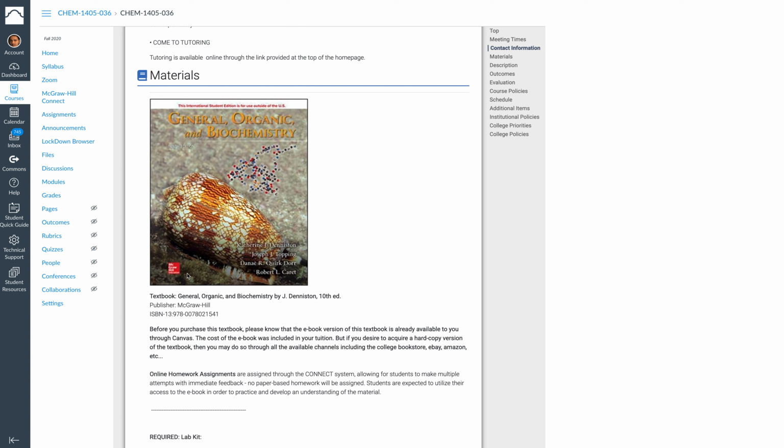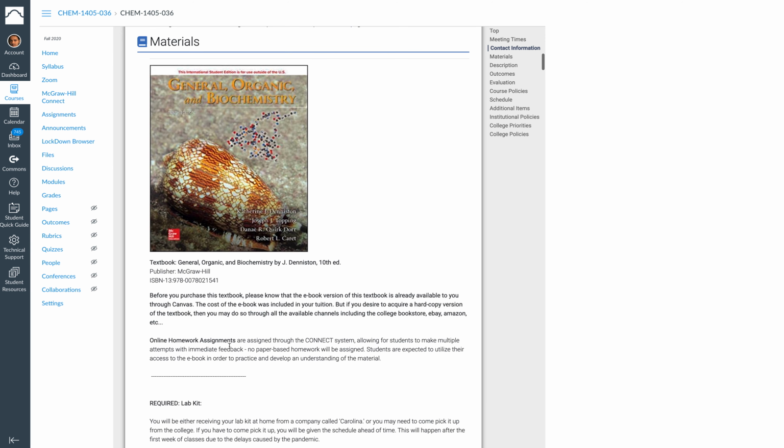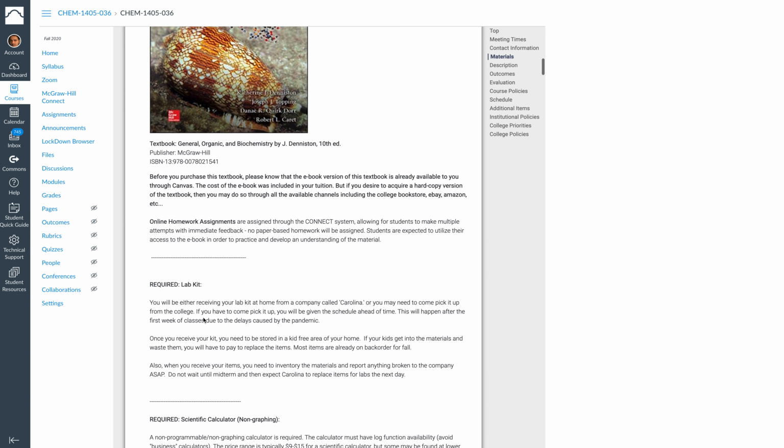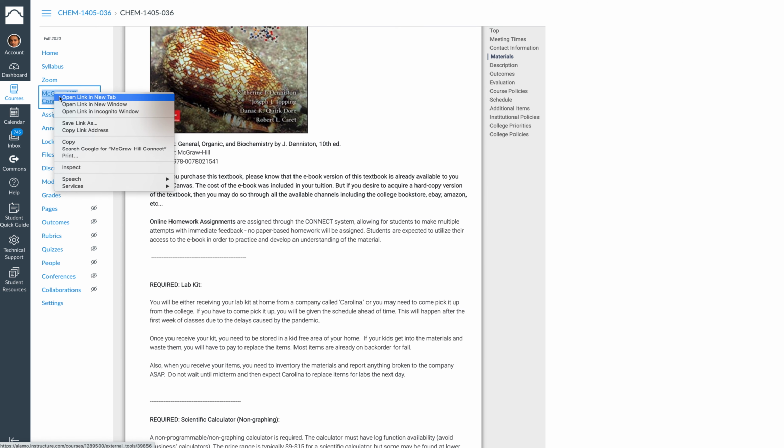Again, here is the textbook. It's the General Organic and Biochemistry by G. Denniston, 10th edition. Okay. ISBN number, publisher given here. All our quizzes and all our homework assignments will be online through the publisher's link that is published on our Canvas page. If you look on the left, I have this Canvas McGraw Hill Connect link, and when we click on it, and let's open it,